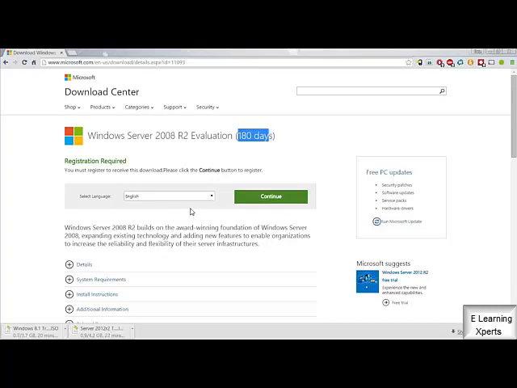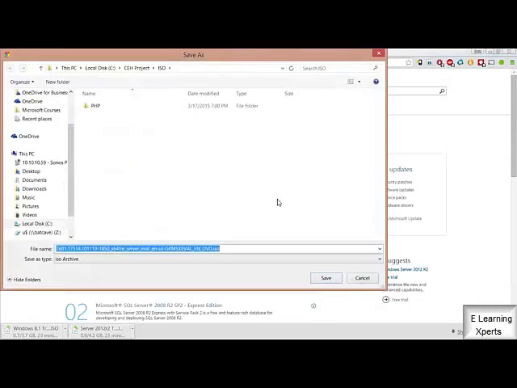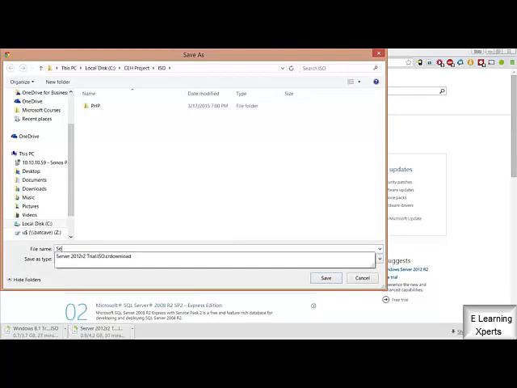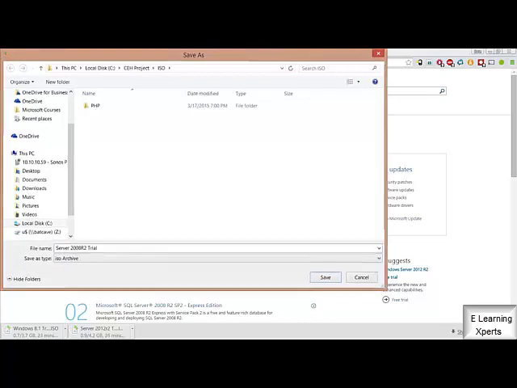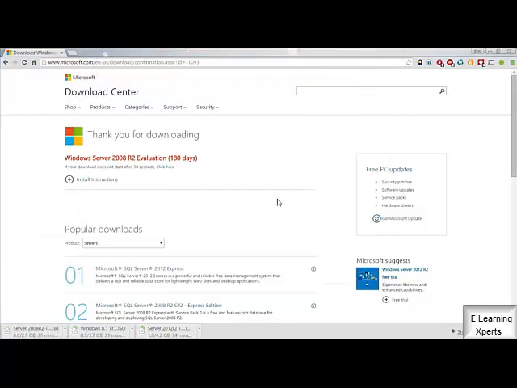I'm going to select the language. I'm going to hit continue. Again, it's going to ask me where do you want to save this. I'm going to call this one again Server 2008 R2 Trial. I'll let that download. Now, going after Windows 7 is a little bit more difficult, and the reason behind that